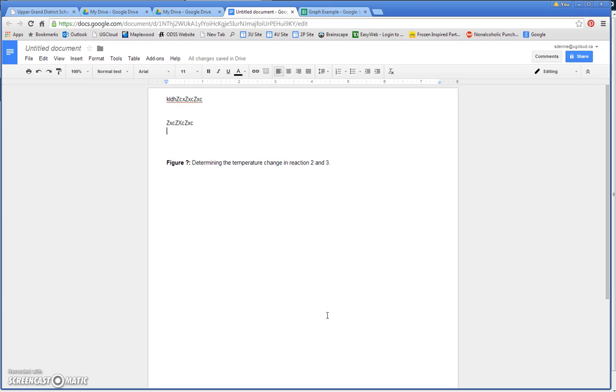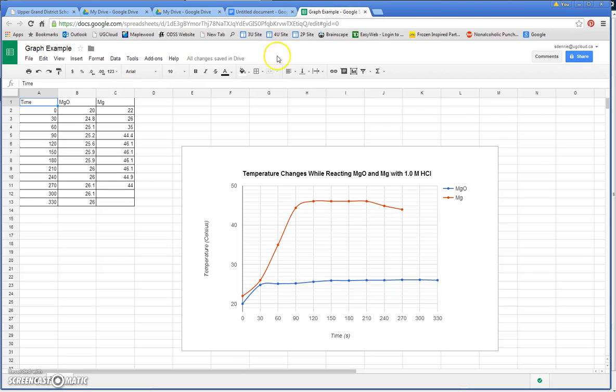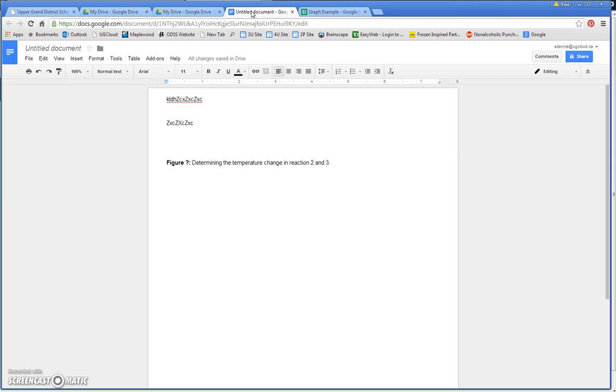So if you want to add tangent lines onto your graph using the computer, you have to insert your graph into your Google Doc in a different way. So you would go over to your spreadsheet where you have your graph, select your graph, go Edit, then Copy. When you go into your lab report,